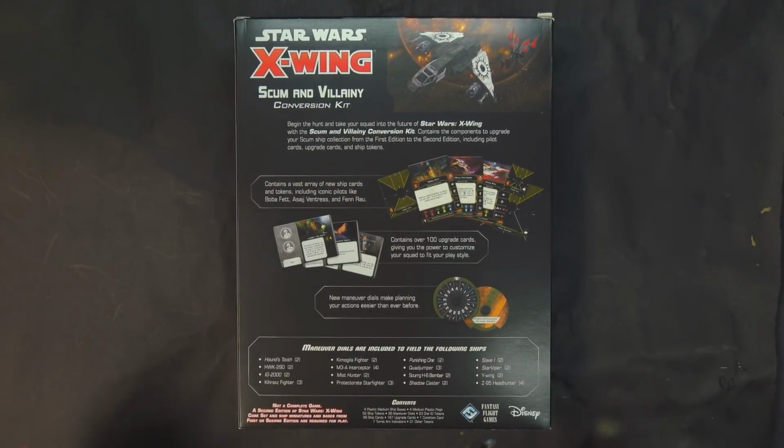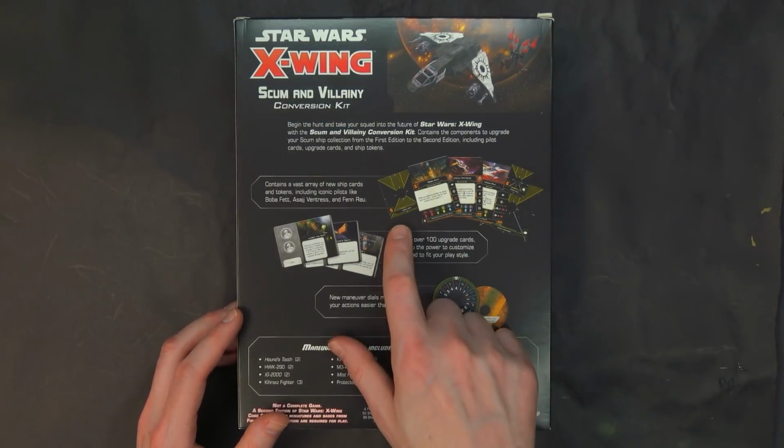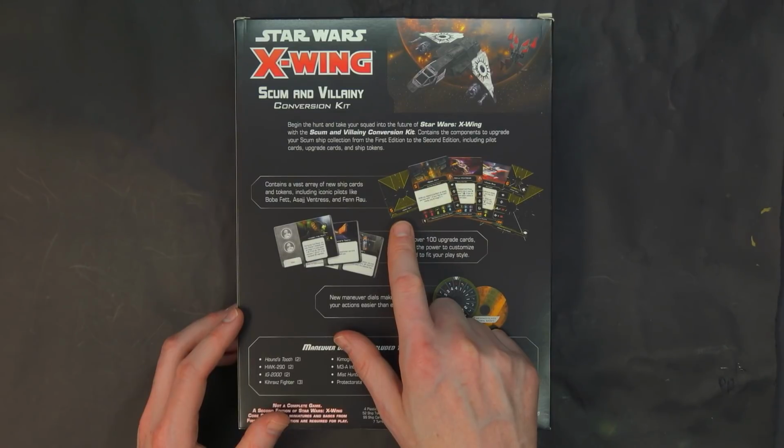I guess you technically need 2 kits. You probably can't take that many in normal play, so I don't know if that's going to be a concern, but it was just something I noticed right there. And then you see they also have the new mediumship pegs in here, and also dials for you to field